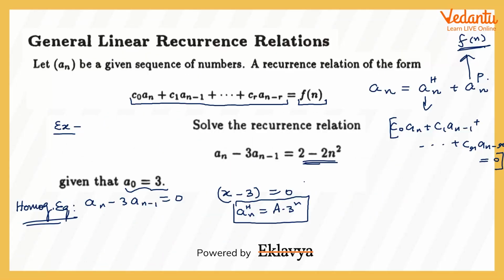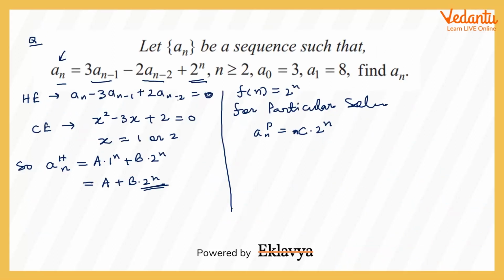You can remember this as: there is 2 power n coming from the homogeneous part also, and from that f(n) also. So instead of taking c into 2 power n, we will be taking n into c into 2 power n. Okay, and now my complete solution can be written as a_n is equal to a plus b into 2 power n plus n into c into 2 power n, and I will now put this value of a_n into